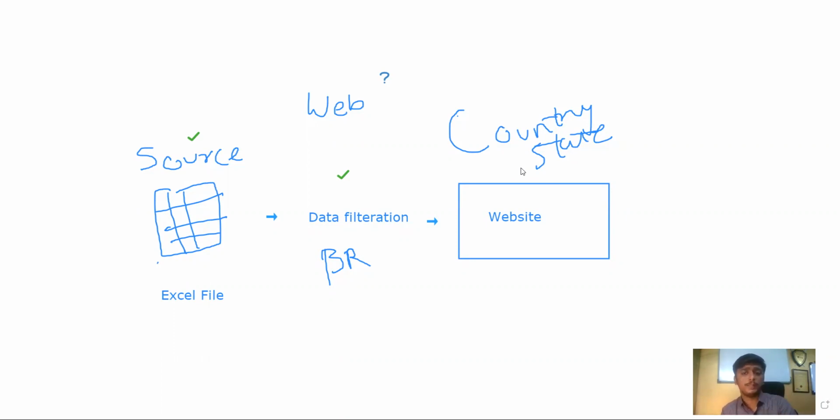Because if you don't understand the process or you have not got a clear idea about it, let's suppose you start from the source part, you understood the source, you understood the type of Excel format, but now you are not able to get that business logic, which is important. So you will not be able to move to the third step, which is inserting data into the website. This is the problem that many people face. So this is how you should ask the right questions, and never fear asking questions, because these are very important for any developer. I also work as a developer, so for me also understanding the process is really important.